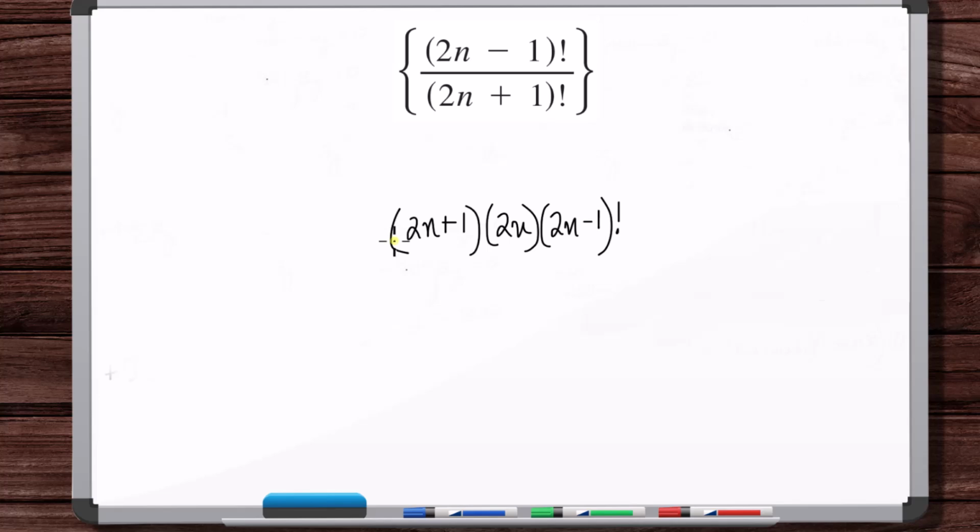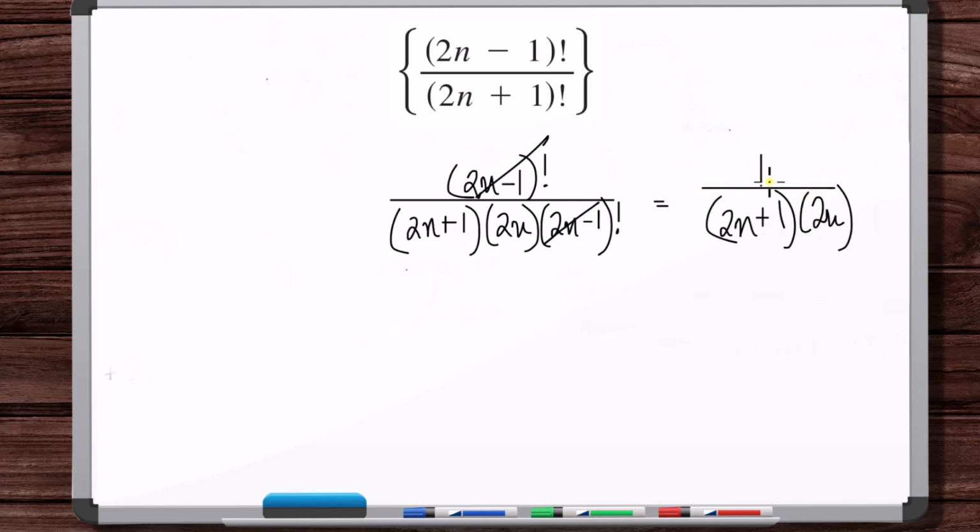This is the first term, then the next lowest term, then 2n minus 1 factorial. Now in the numerator, we can simplify it. There we go. So a sub n is equal to 4n squared plus